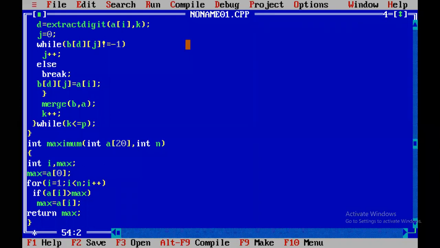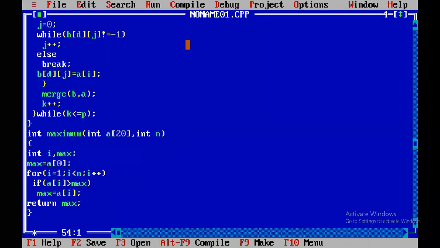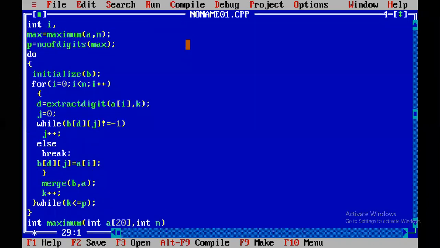So max equal to A of 0, for I equal to 1, I less than n, I plus plus. If A of I greater than max, max equal to A of I. Return max. That is the first function. Okay, it's completed. Then what is the next?